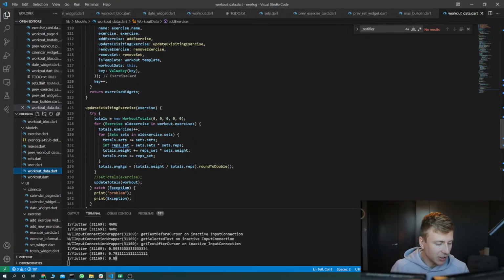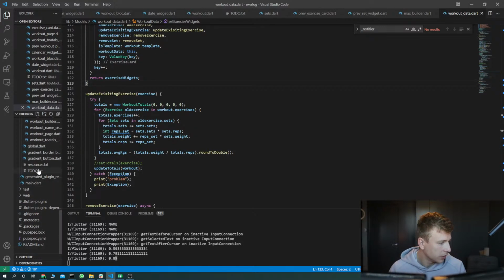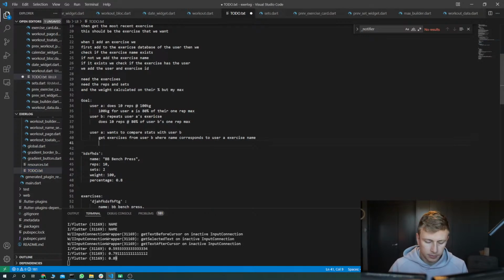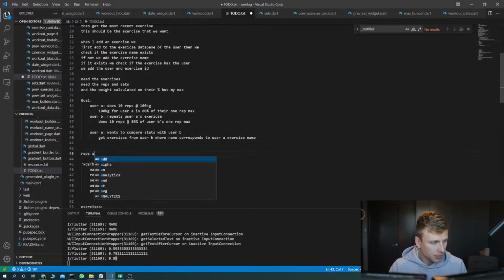Sometimes it feels like you just have to say these things a couple times before you can actually understand what you need to do. So in the to-do, reps and sets should be equal, weight and